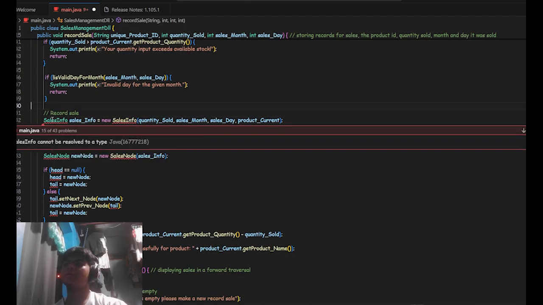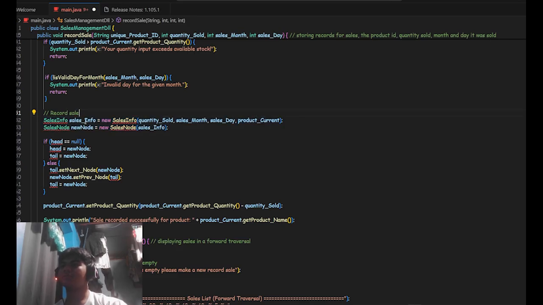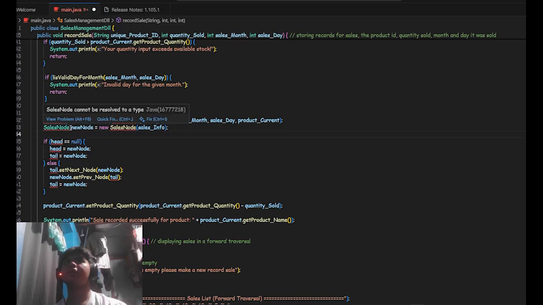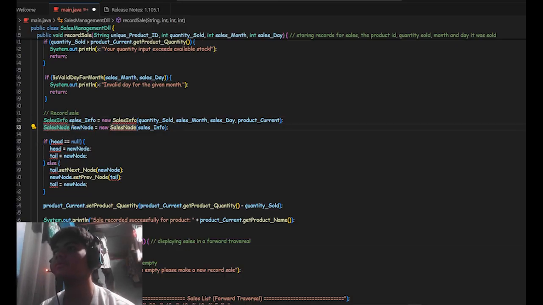And then the record sales info is equal to new sales info, quantity sold, sales month, sales day, product current. Don't mind the error here because this is in VS Code and I didn't install Java extensions yet. Then setting the new node to the new sales node, sales info.